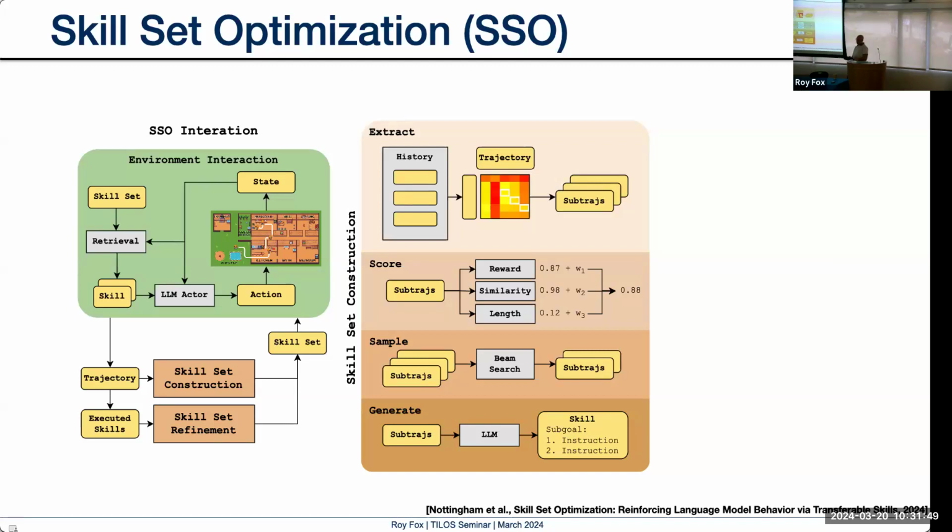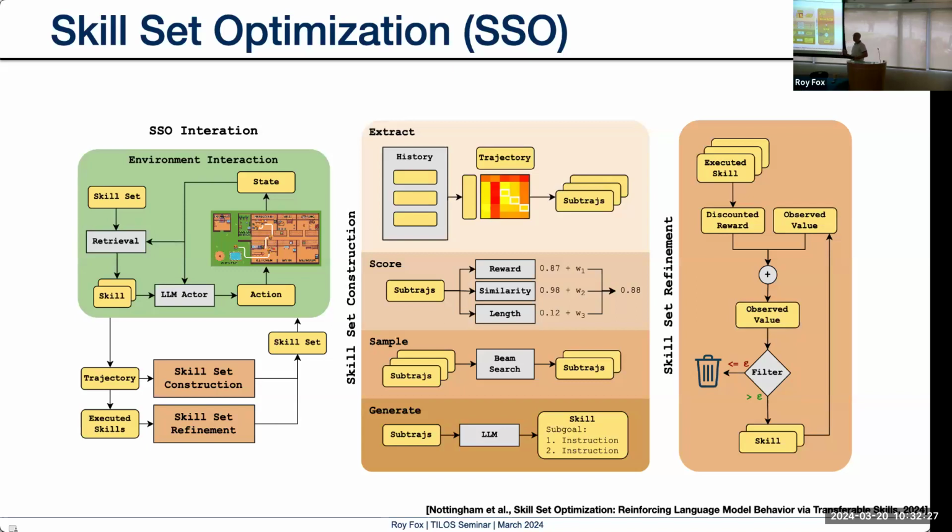And then we can sample from these sub-trajectories, and what we need to do is summarize a collection of sub-trajectories to find their commonality, to find a skill, which we define as a sub-goal and a list of instructions to reach the sub-goal. So the skill says, in this state, you might be able to reach this sub-goal if you follow these instructions. That's a representation of skill that's going to be very useful for a language model.